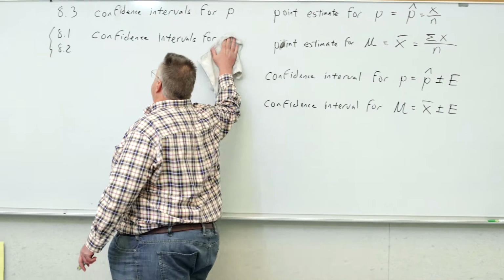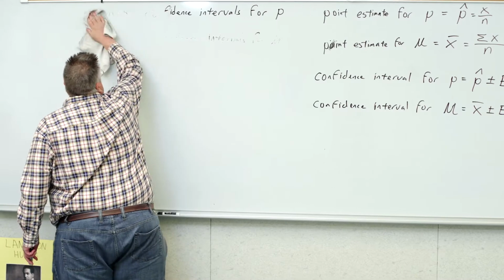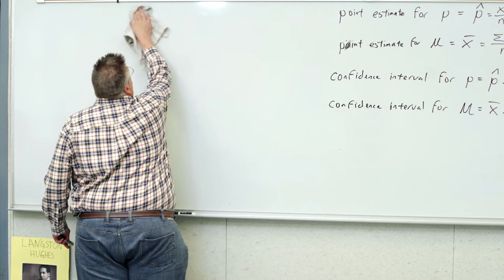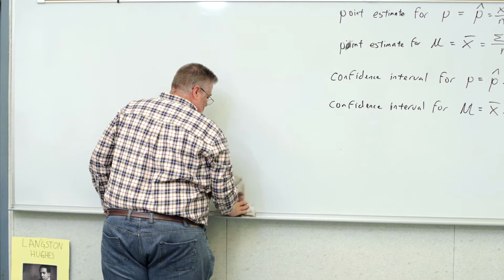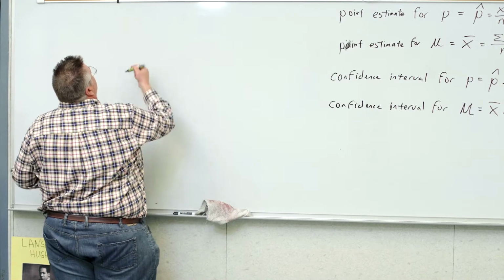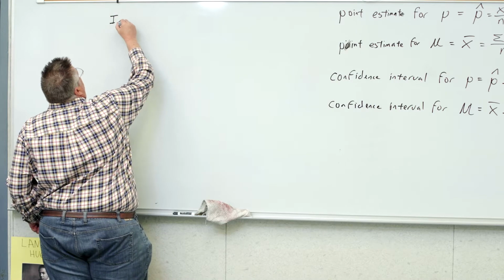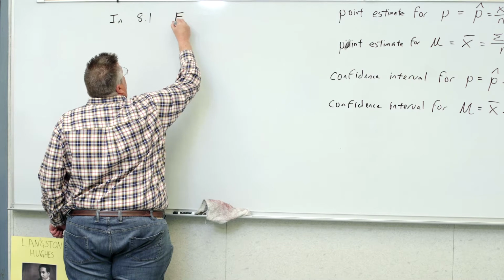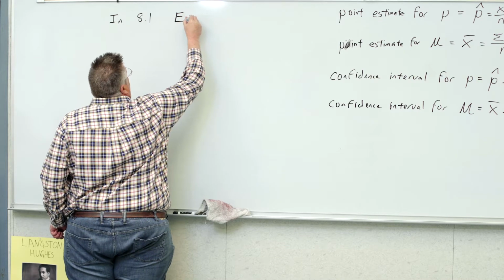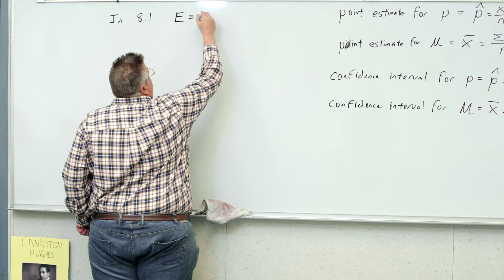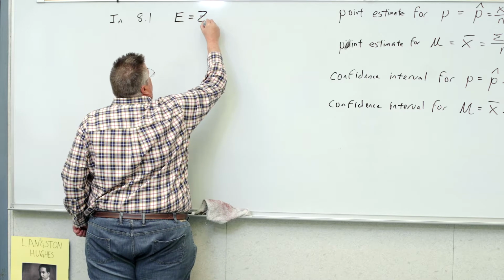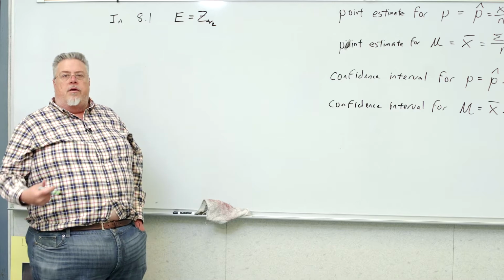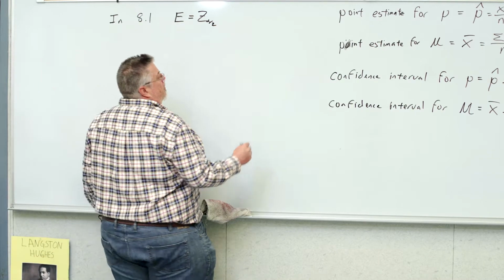Now, in 8.1, we find the error as the z-score that leaves alpha over 2 in each tail. Same as before, and you're experts at this, hopefully by now,